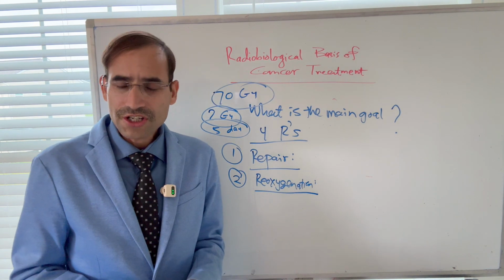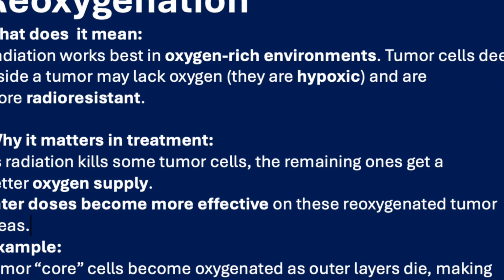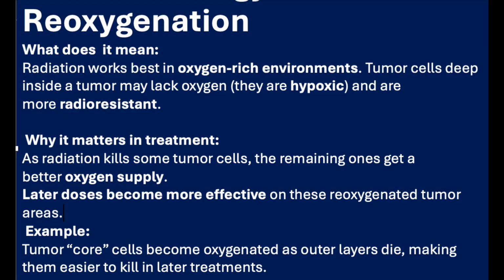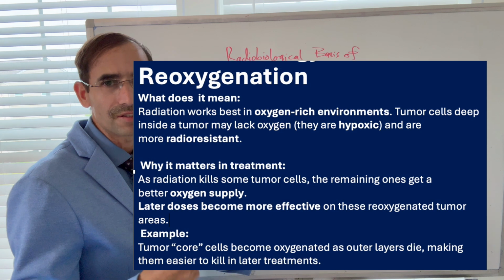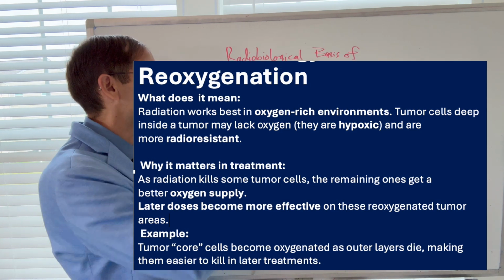Okay, so the oxygen makes the radiation more effective. The tumor is often reoxygenated between the doses, and reoxygenation makes the radiation more effective. That is another basis for the fractionation of the radiation doses, not only for the repair, but also because the reoxygenation process